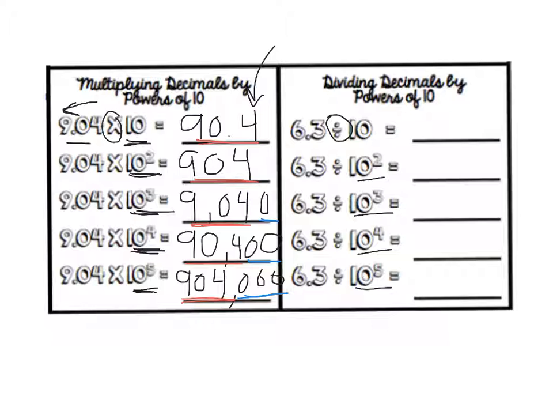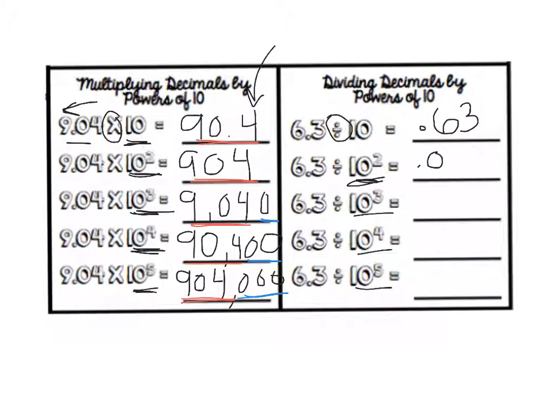Now coming over here to divide by powers of 10, it's the exact same process, but instead of moving our digits up to the left, we're going to move our digits back to the right. So I'm going to get 10 times smaller here, which means my 6 ends up in my 10ths place and my 3 ends up in my 100ths place. So when I take 6 and 3/10 and divide it by 10 or get 10 times smaller, I end up with 63/100. Now if I divide it by 10 to the second power, or 100, they're going to be moving